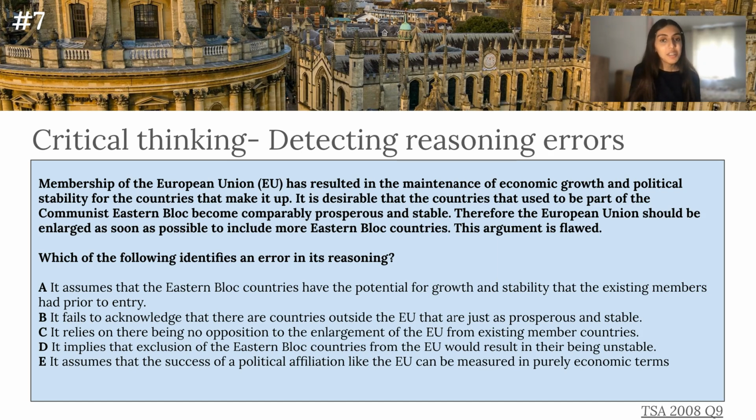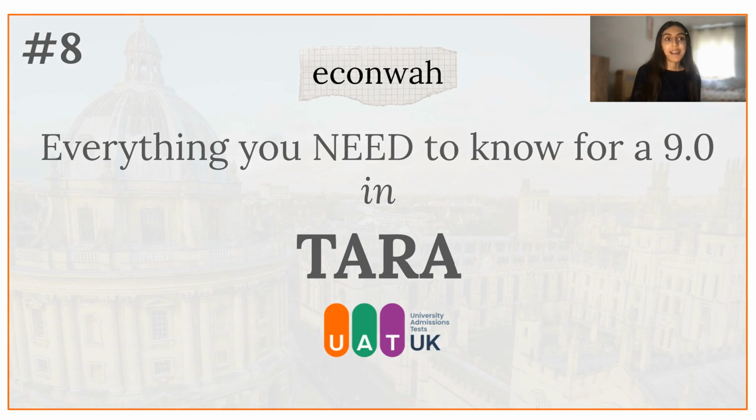So just the general method of identifying these questions: find a conclusion first, then find supporting premises and spot a logical gap. That's also quite important, as well as common fallacies between correlations and causations. That's one of the tricks that they use a lot in previous past papers. And also eliminating true but irrelevant options, because some can be considered true, but they're not really answering the question and the conclusion that the passage has. But yes, that's that for that